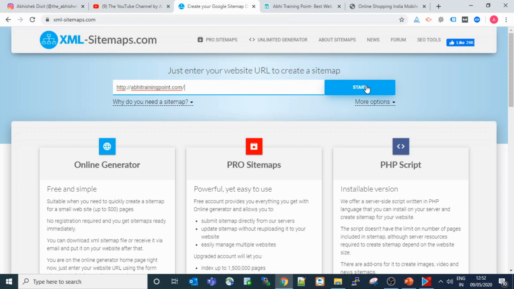Okay, so what you have to do is go to the root folder, like GoDaddy, or from where you have taken your website. You have to go there and upload it in your root folder as an XML sitemap. What it does is help the search engine crawl your website and know what sitemaps or URLs are available in your website. Okay, this is how it works.